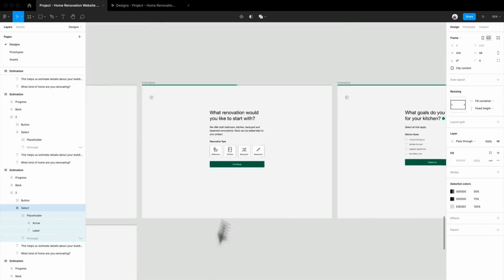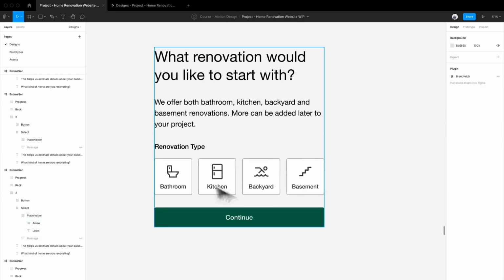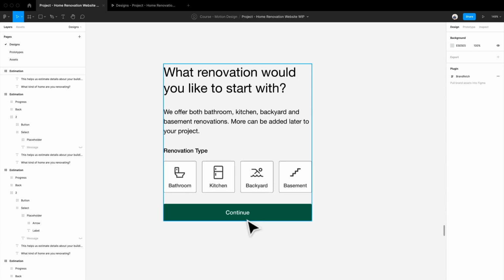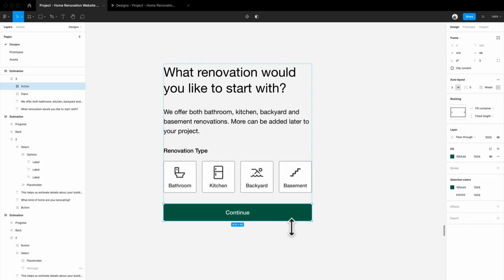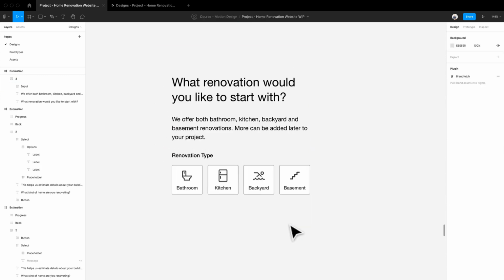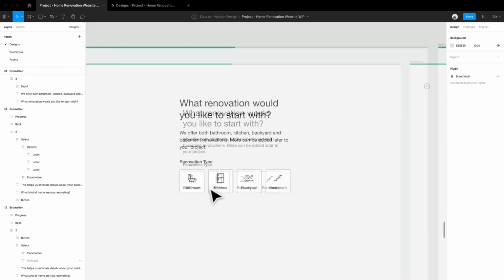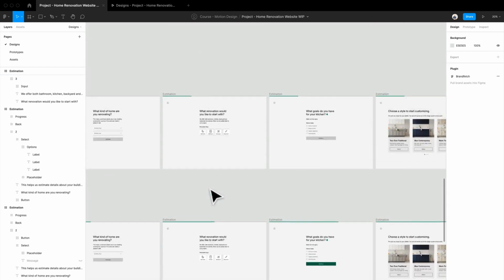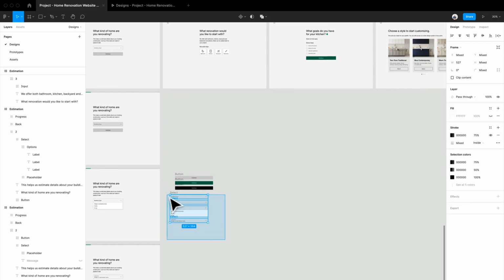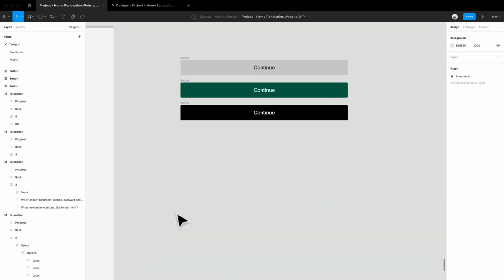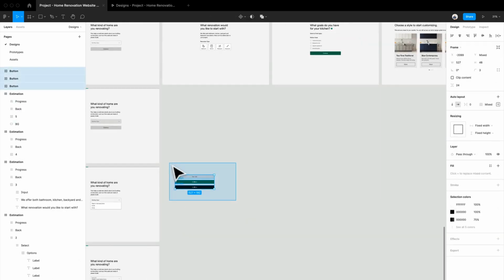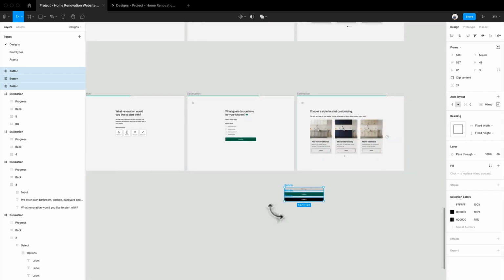Okay, so let's move into the radio button. What I want to happen here is I actually don't want a button like this at all. We're gonna get rid of it. I just want to be able to click on this button and move it to the next page. So we're gonna keep it really simple. So I'm gonna delete these because we don't need them. We can still keep these buttons around because we'll need them for one or two more frames, but we're gonna